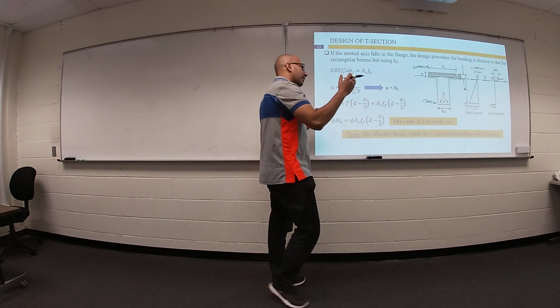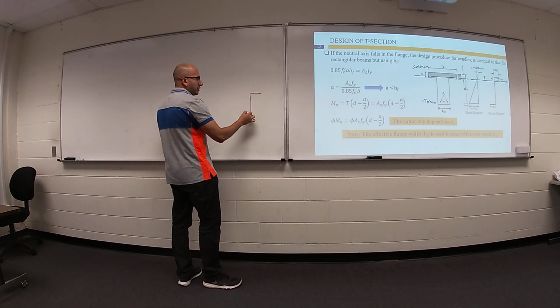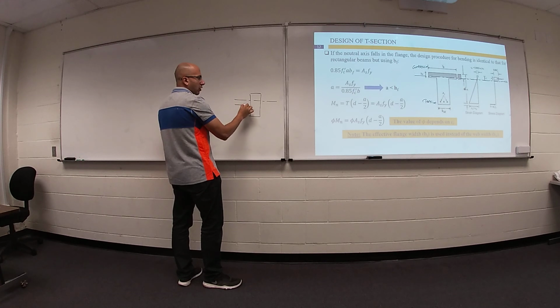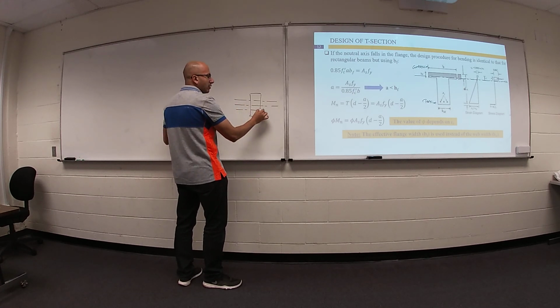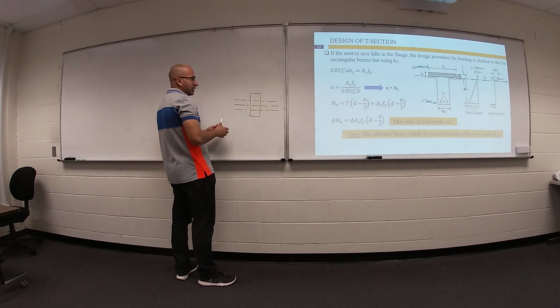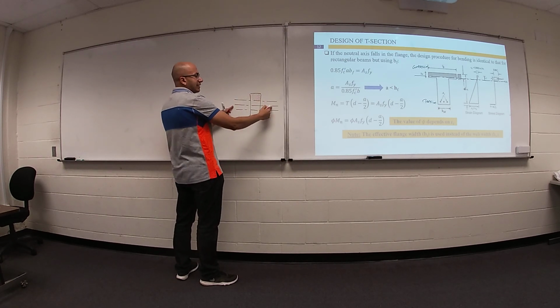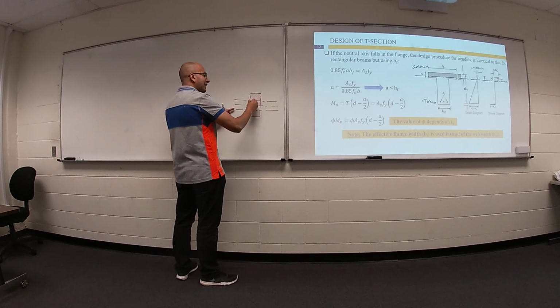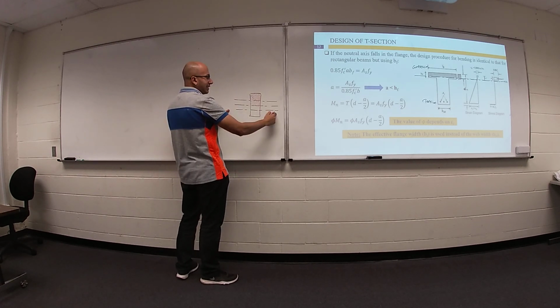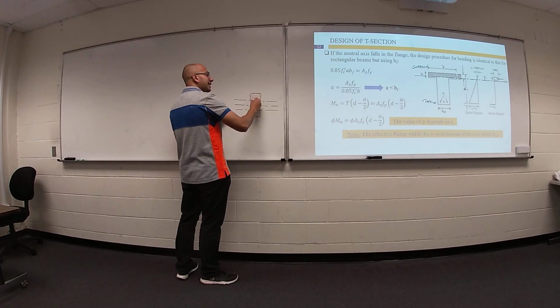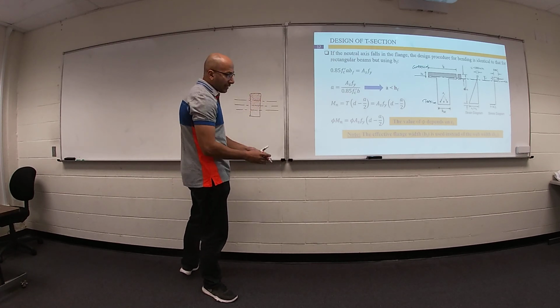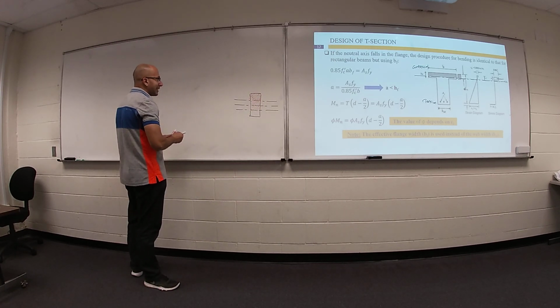Sometimes it doesn't matter if your cross section is rectangular cross section. I don't care where is your neutral axis, here or here or here. Why? Because if your neutral axis is here, this part is rectangle. If your neutral axis is here, this part still rectangle. If your neutral axis is here, this part still rectangle. But if your cross section is a T section,